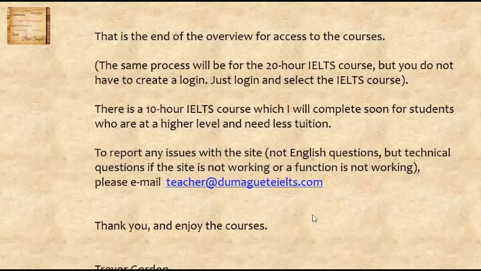Okay, that's the end of that. Once you go in, you click on the classes. It's very straightforward how to do it. There's a list of classes and you just click on the first one and it will take you into the class. Once you're in the class, at the end of each lesson,